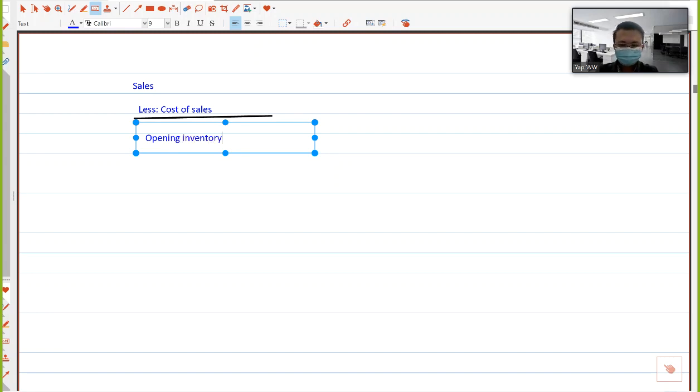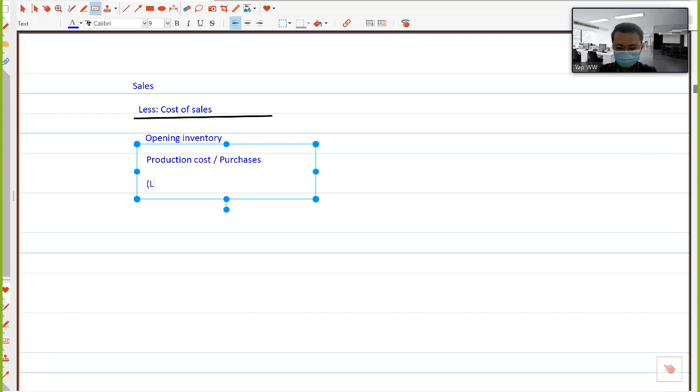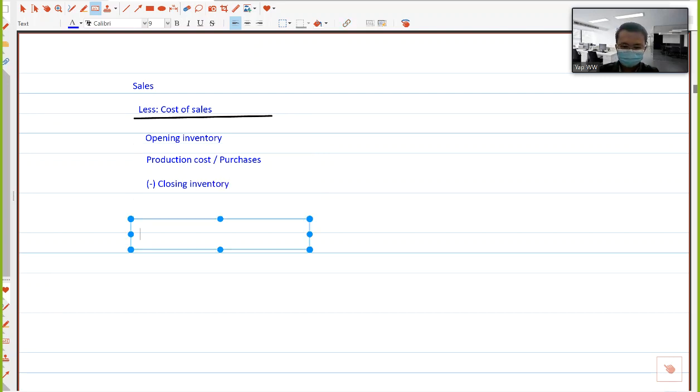Opening inventory. Then production cost or purchases. Then we have less closing inventory. Afterwards, I'm getting a gross profit. So let's say